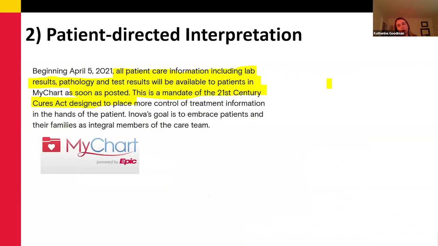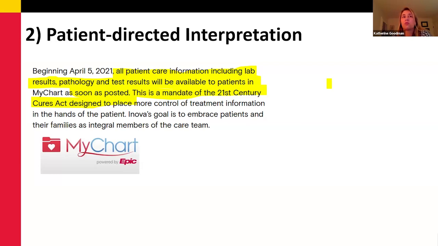Then the second example, which is patient-facing. As many of you may be aware, the 2016 Cures Act had a provision that went into effect in 2021 that basically makes all patient care information, as soon as it's available, unless you opt out of this, get pushed to a patient portal. For example, if it's Epic, it's MyChart. And these become available to patients in real time. On the one hand, it's great to push more information, transparency, and power for patients to have over their data. But at the same time, it infuriates me in some ways,